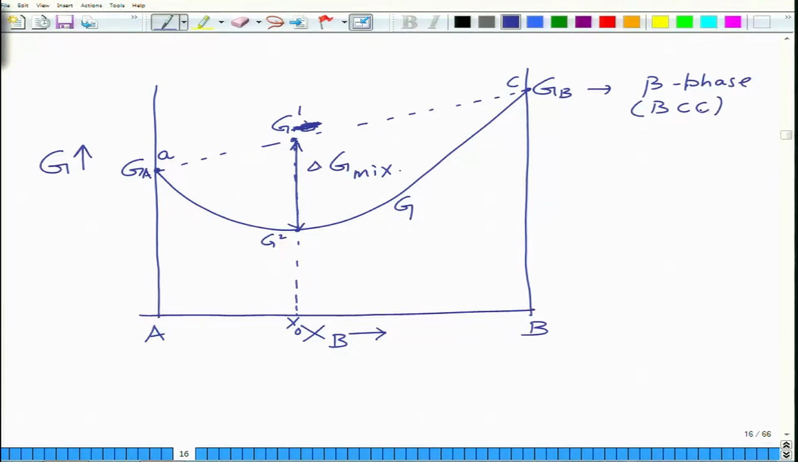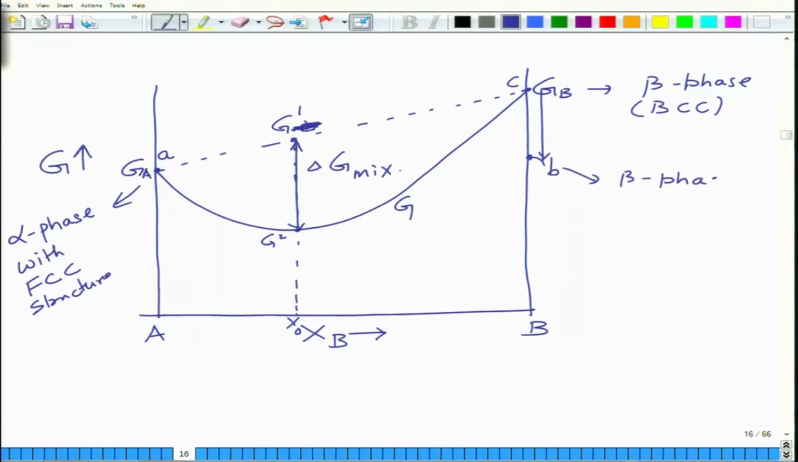BCC structure, and this point signifies the alpha phase with FCC structure. And so, let us say this is for BCC and FCC structure. If you had an FCC structured beta, then this would be, let us say, the point B, and this would correspond to the beta phase if it was FCC,